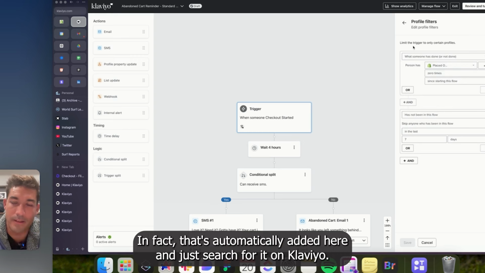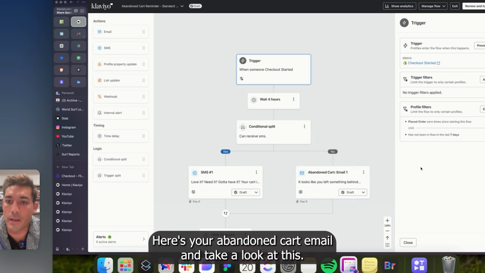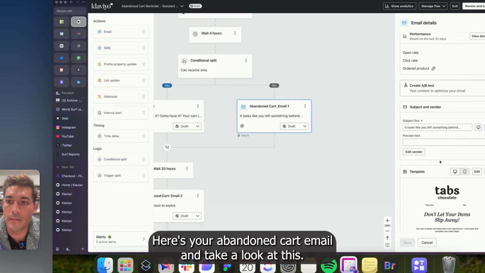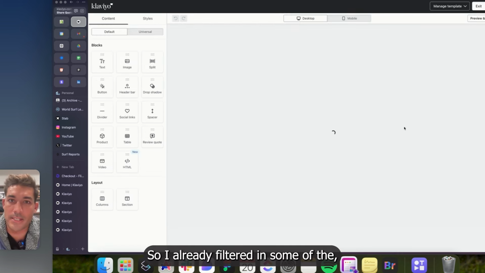They're easy to add. In fact, it's automatically added here. You just search for it on Klaviyo. Here's your abandoned cart email. If we take a look at this one, go to edit. So it already filtered in some of the